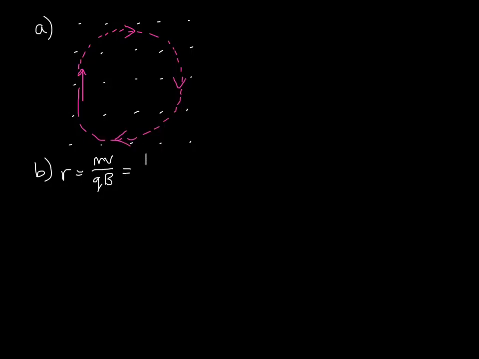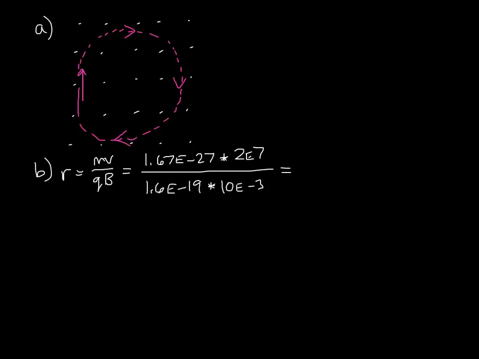The mass of a proton is 1.67 times 10 to the negative 27 kilograms times the velocity of 2 times 10 to the 7, divided by the charge of a proton, that's 1.6 times 10 to the negative 19, times the magnetic field, which was 10 millitesla, or 10 times 10 to the negative 3. And that gives you a radius of